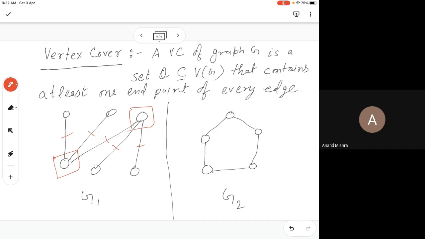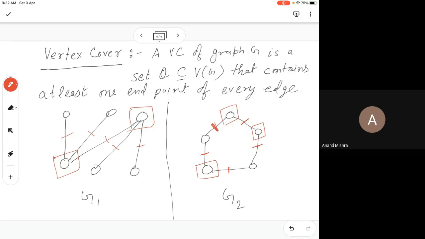Okay. So if I choose, let's say this one, then this edge is covered, this edge is covered. If I choose this, then I have to cover these two edges. I have to choose this one, which will cover this edge and this edge, right? I still have one edge remaining, so therefore I have to choose this one, maybe either of these, and everything is covered now. With these three nodes, everything is covered, right?